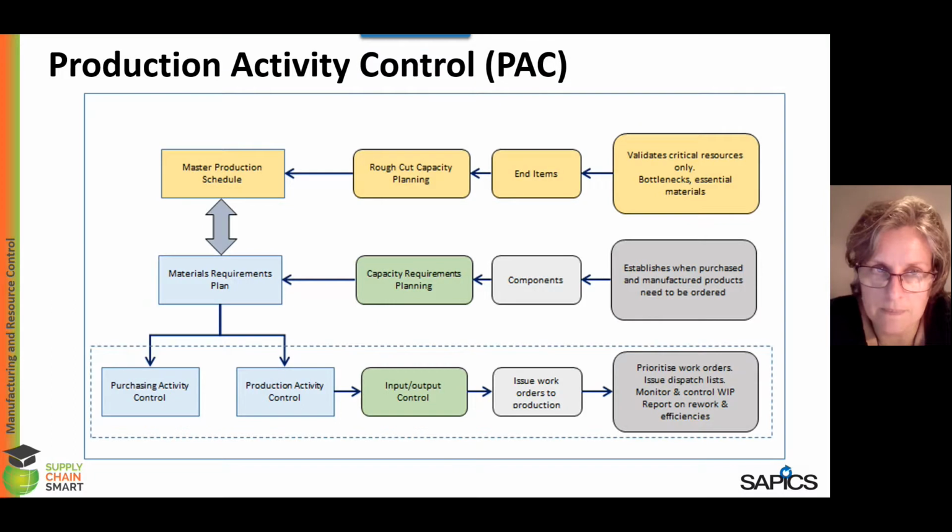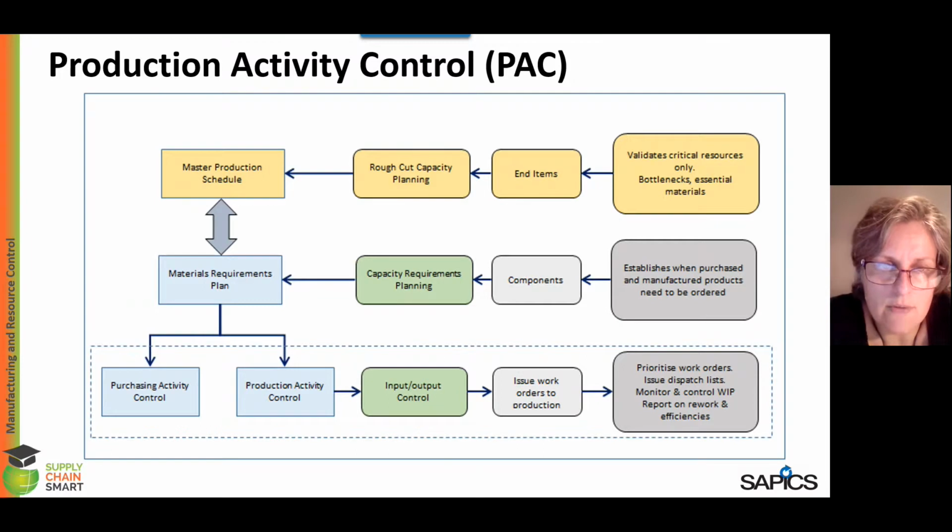Once we've got that rough plan, the next step is to go into a materials requirement plan. The materials requirement plan takes the information from the bill of material, the BOM, and the bill of resources, and makes sure that you have the right stuff required to produce this job. So it will go back to the various suppliers and order the various components and raw materials required to make sure you can produce. There is then a control process in terms of purchasing activity control, where the requirements are ordered, if required,